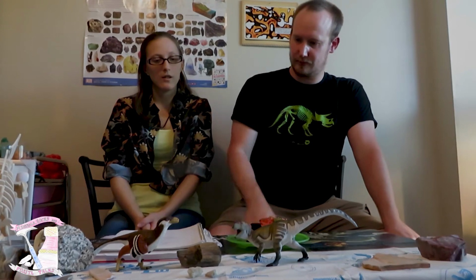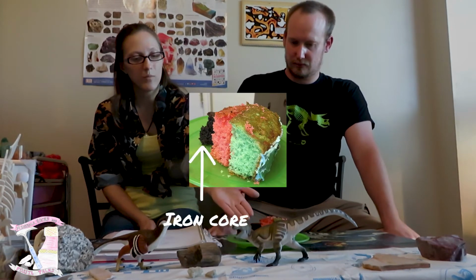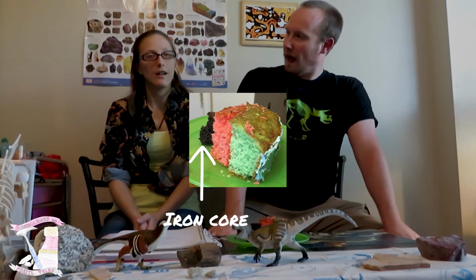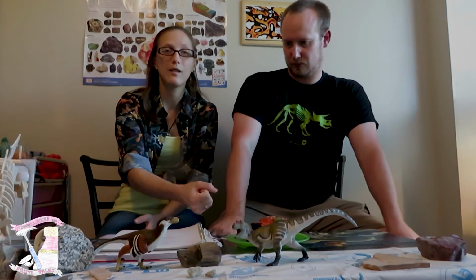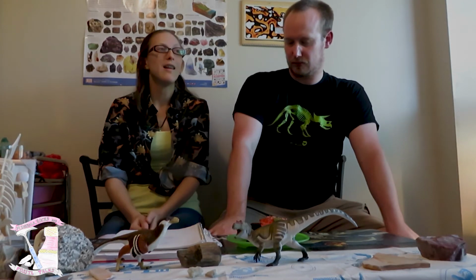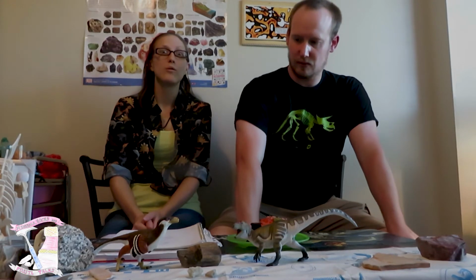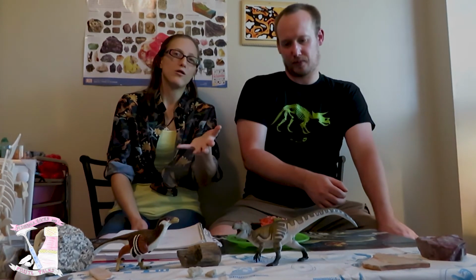Which moves us on to the last bit of our Earth, which is this chocolatey goodness, the inner core, which is a solid iron-nickel alloy. And this little core here is what's keeping the Earth together. It's created our gravitational pull so that we stay in one spot in one nice little ball. Another fun thing about the inner core is it's actually the heaviest part of the Earth. Which is why the gravitational pull originates